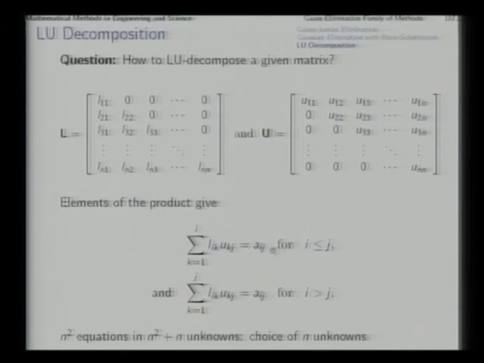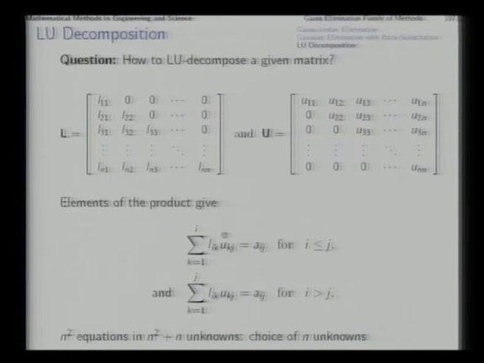That means Aij is the product of the ith row of L and the jth column of U. That has been written here in two ways, because only a few of the terms you will need to add, not from k equal to 1 to n, but k equal to 1 to i, because beyond the diagonal entry you will not need. So, when i is less than or equal to j, you can use this, i terms are summed up. When j is less, then j terms can be summed up. So, now you find that n into n plus 1 by 2 unknowns here and here.